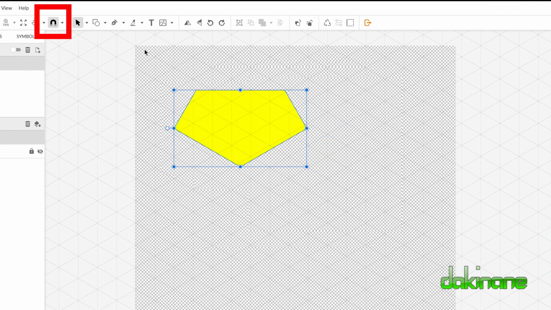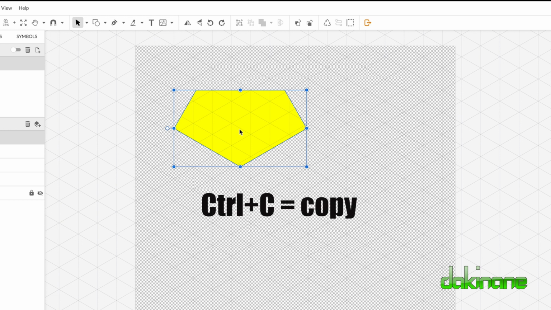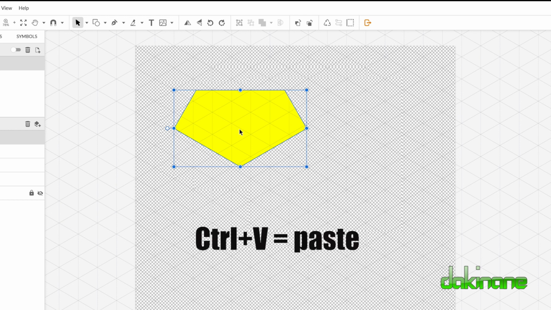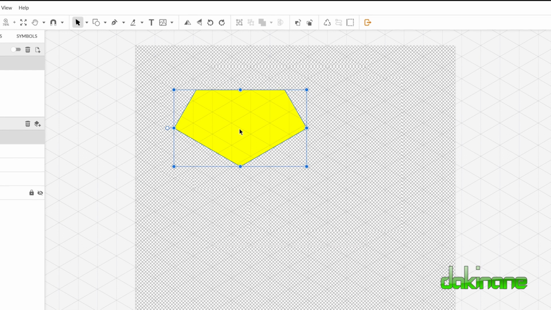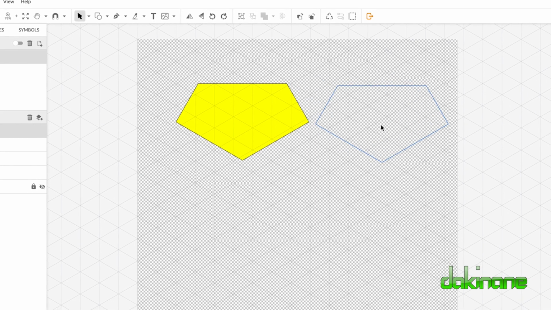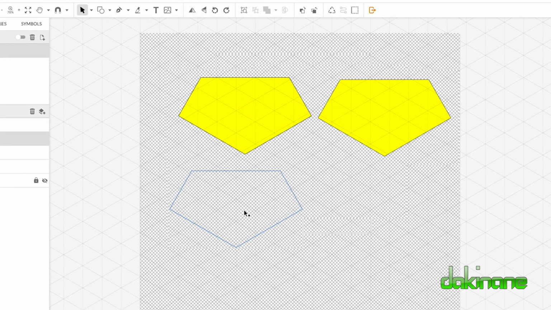Next, I want to turn off the snapping tool so that I can move my diamond shapes around the document easily. We know that the Einstein tile is made up from 4 of these diamond shapes. Therefore, I need to make 3 copies of this shape. Using the keyboard shortcut key Ctrl+C and then pressing Ctrl+V 3 times, I end up with 4 copies of the diamond. I am now going to use the Select tool to move the 4 diamonds around my workspace so that